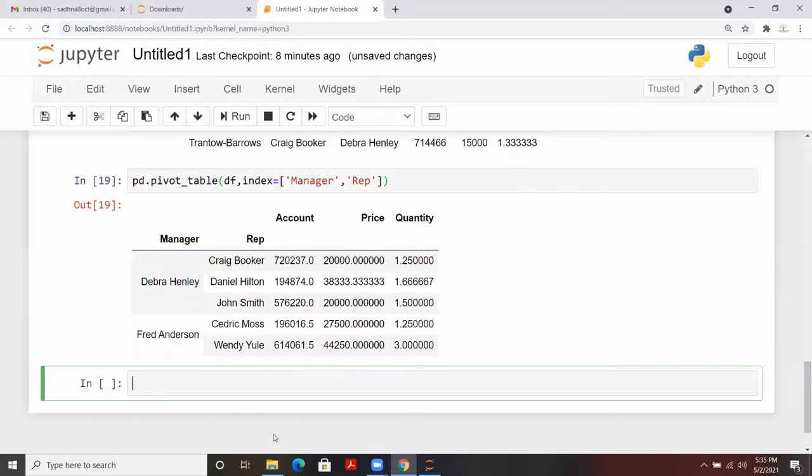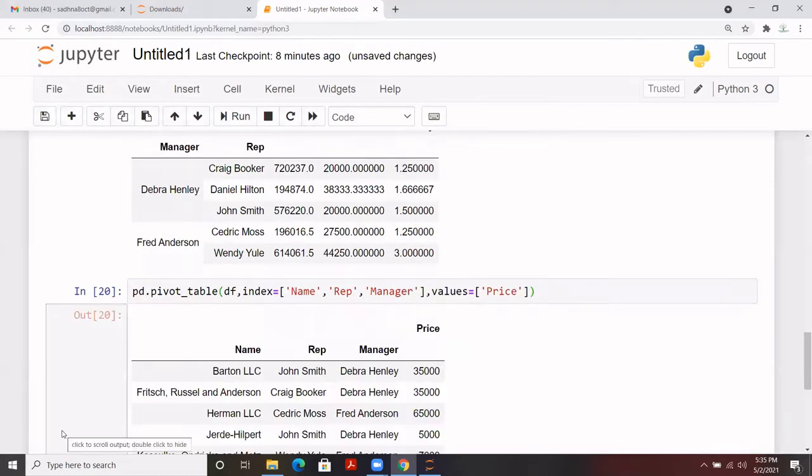Now what we want to do, let's say it by default showcases all the numeric columns. I don't want to showcase, let's say, the price or the quantity. I just want to showcase one of them. So we should have that option as well, and to do this, how can we do it? Let me write it like this. And then we have values to handle those particular numeric columns. So that's a new argument that we can pass, and here we can mention specifically which column I require to display in that pivot table. So I needed just price only.